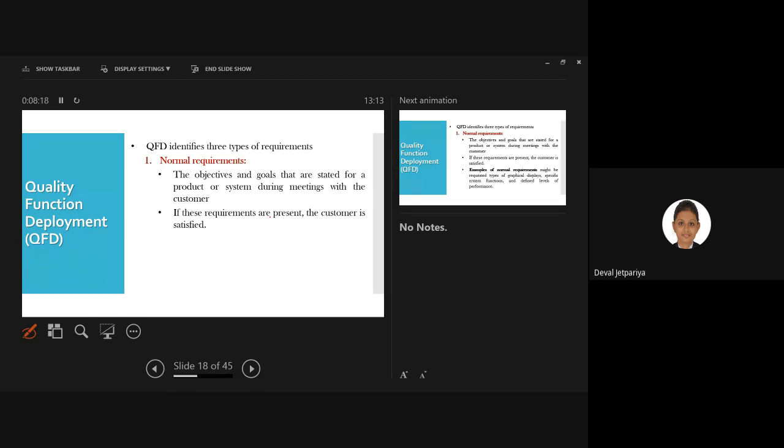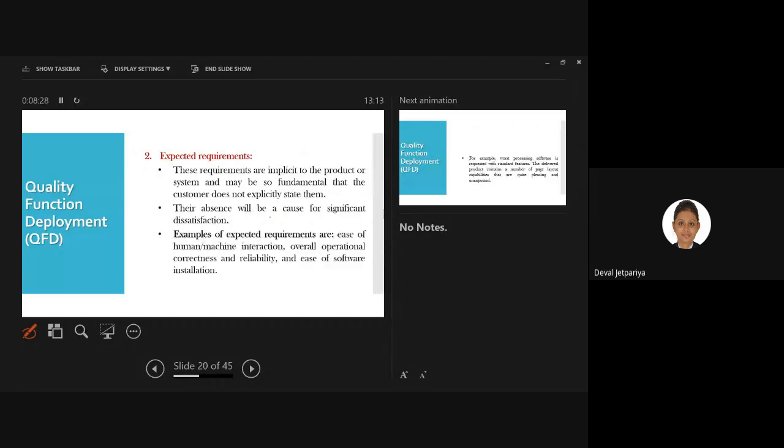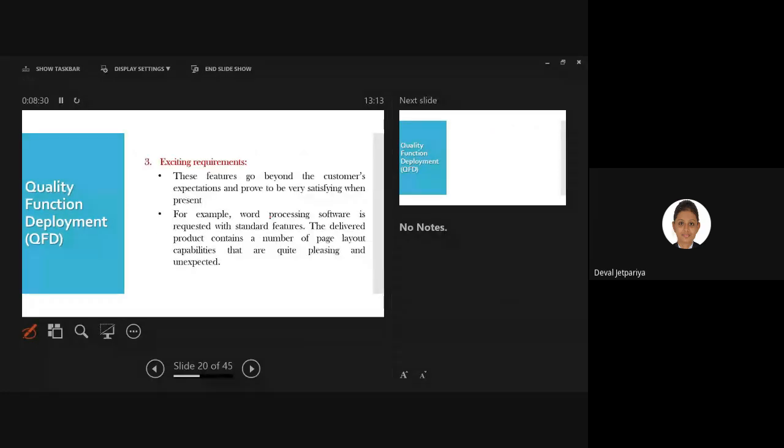The first one is the normal requirement, that is very normal to achieve, right? Second one is the expected, and third one that we had seen is the existing requirement, right? So we had already completed these three types of requirement. Shall we move further?